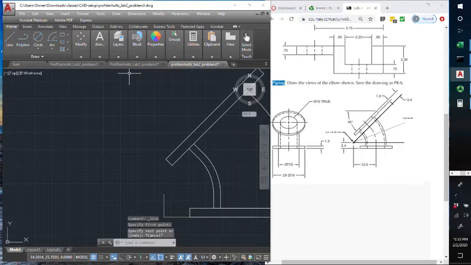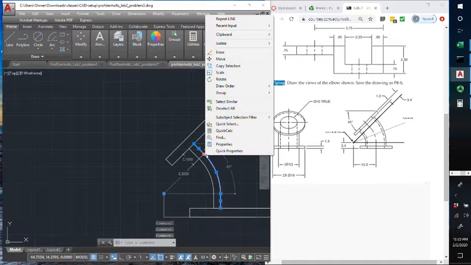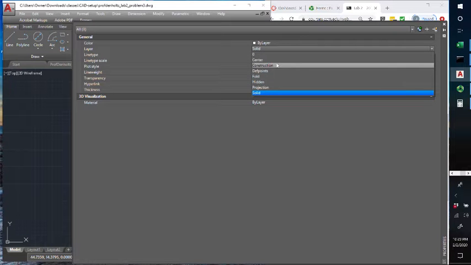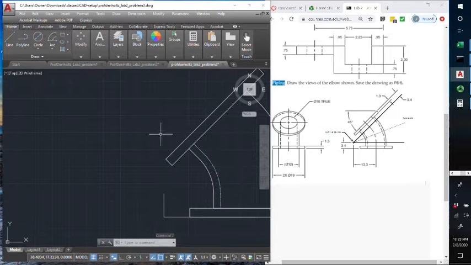Actually, now I can switch them. So if I click on, I think I could do this at the same time. So I click on them so they're blue, and then I do the right click, properties. We could just switch the layer. So we want it to be a hidden layer. Closing that. So now it's a nice hidden layer, and I want to continue these lines